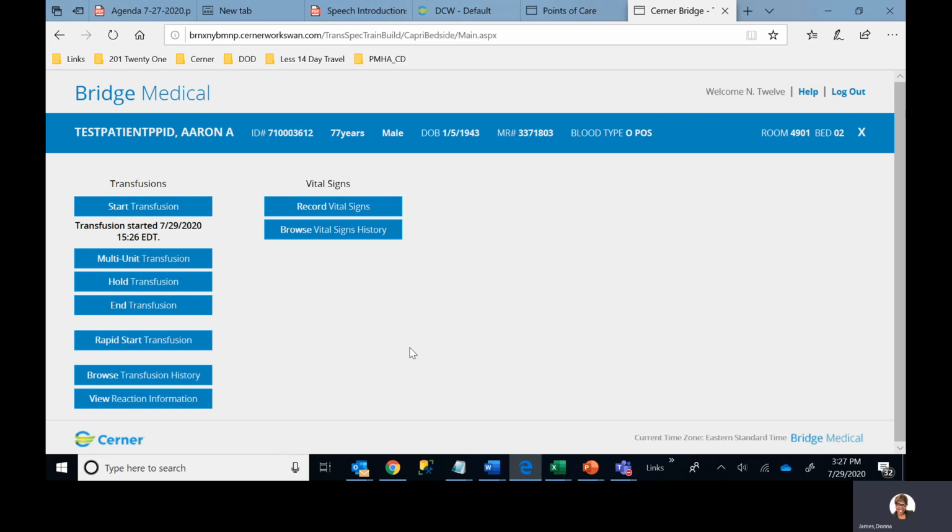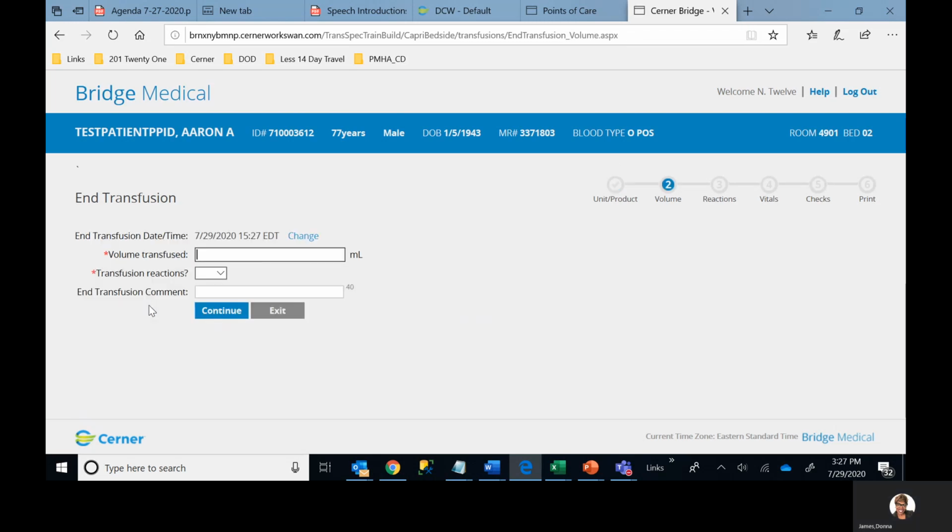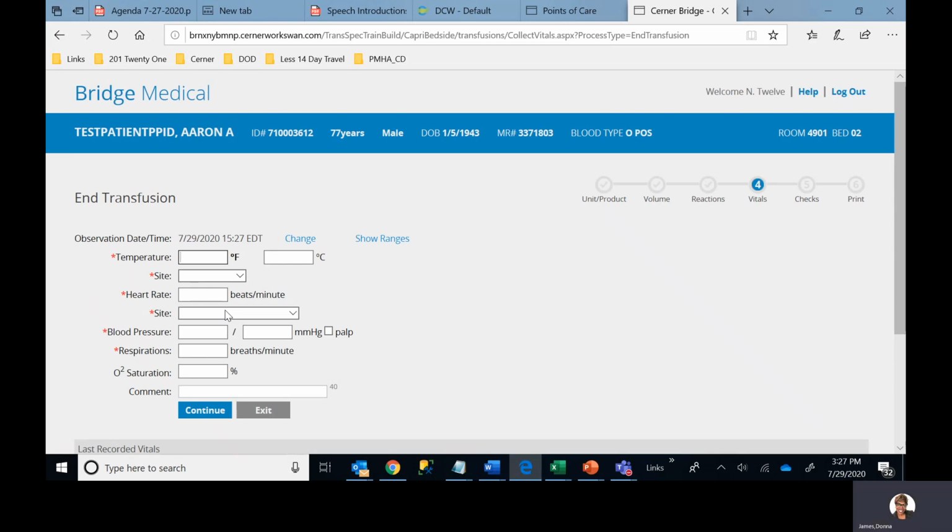When the patient is received on the unit, anytime during that stay on that unit, if a nurse is ready to end the unit, she can do so by just clicking the end transfusion, similar to what you did before. And you can scan the unit number and the blood product, document how much infused in, and select no for any transfusion reaction, and click continue. When it's an hour or so later and my second unit is still hanging and is ready to be discontinued, I can then, after I enter the vital signs for that first unit,